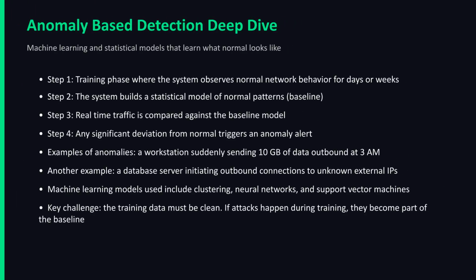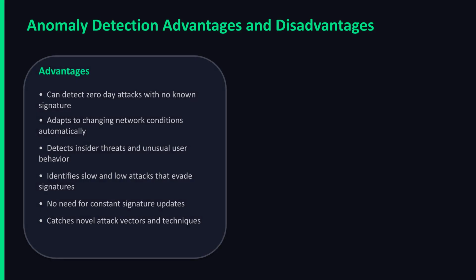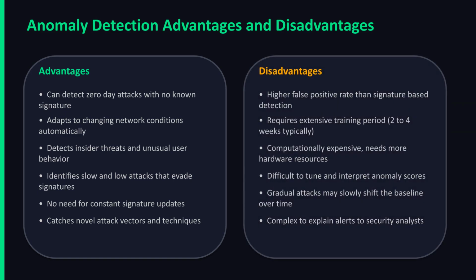Anomaly-based detection uses machine learning to learn what normal network behavior looks like. After a training phase, the system flags significant deviations, such as a workstation unexpectedly sending massive amounts of data in the middle of the night. The primary advantage of anomaly detection is its ability to identify novel, zero-day threats. However, it requires a significant training period and often has a higher false positive rate, making it more complex to